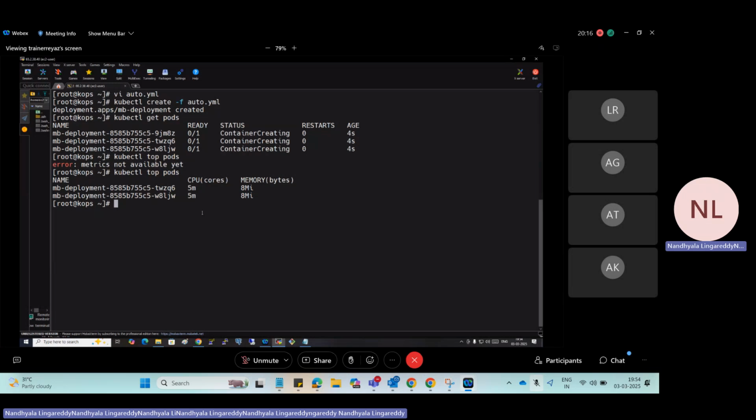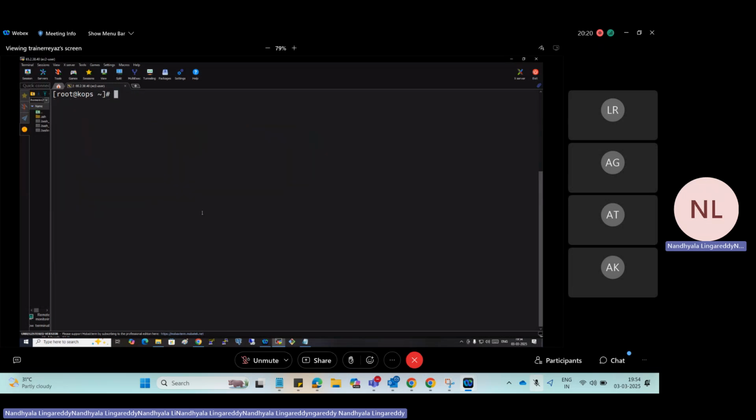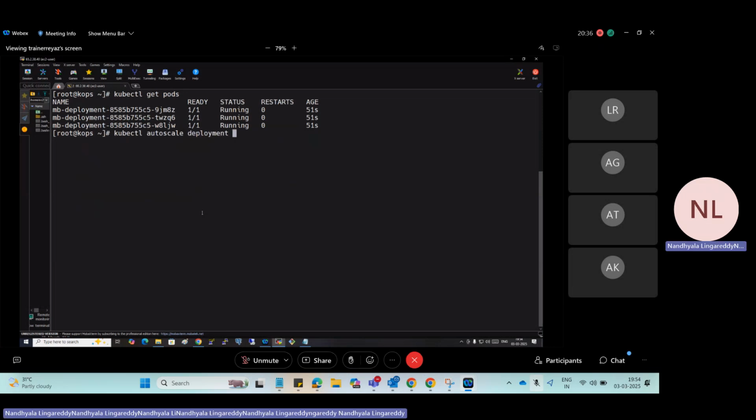So now, how many are running? kubectl get pods, how many are running? Now we will set the auto scaling for this deployment. What's the command? kubectl autoscale. Which one? Deployment. Which deployment? MB deployment. And what is the metric you're using? CPU